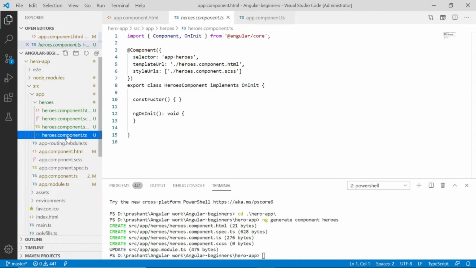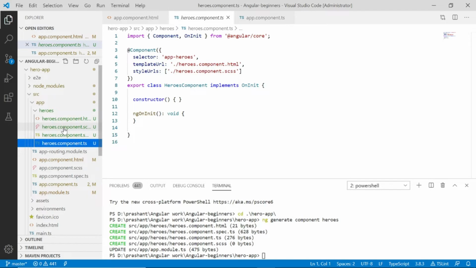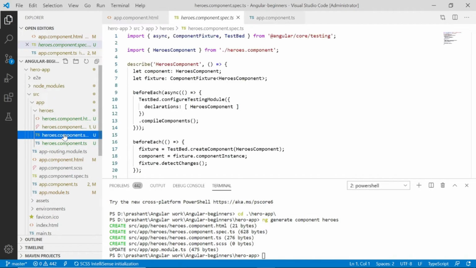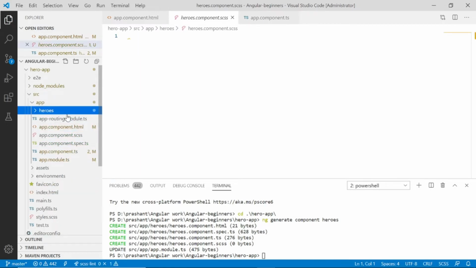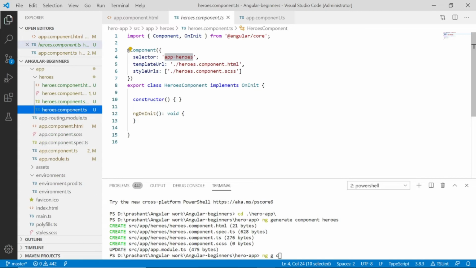and here it created our folder heroes in which there are 4 files: heroes.component.ts, heroes.spec, hero.scss and hero.html. Now we want to render this app heroes component in our Chrome screen, and for that we